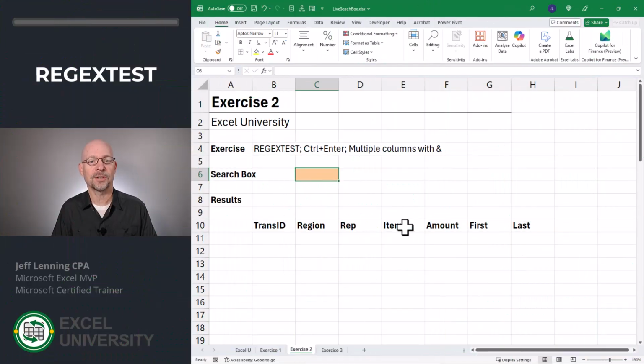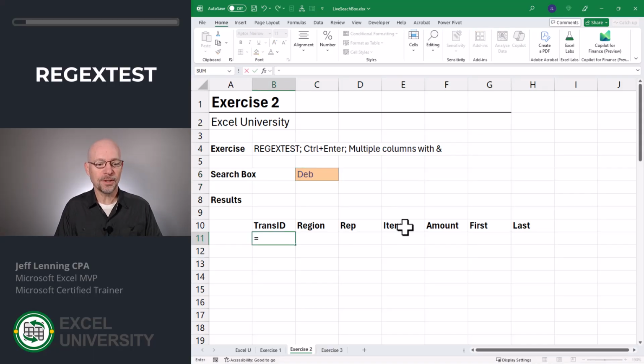Exercise 2. The key is to use the REGEXTEST function along with the filter function. Now, if your version of Excel doesn't have REGEXTEST, no worries. In the next exercise, I'll show you an alternative way to do it. So let's say I want to search for DEB. That's going to be a partial match. Well, what we do is, once again, we start off with the filter function, and the array is still table 1, comma. Now, for the include argument, what we want to use is